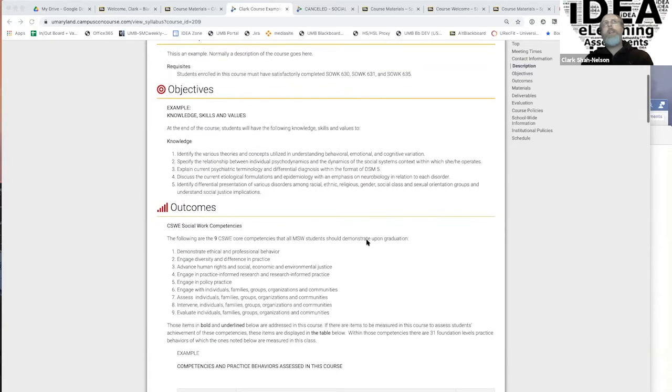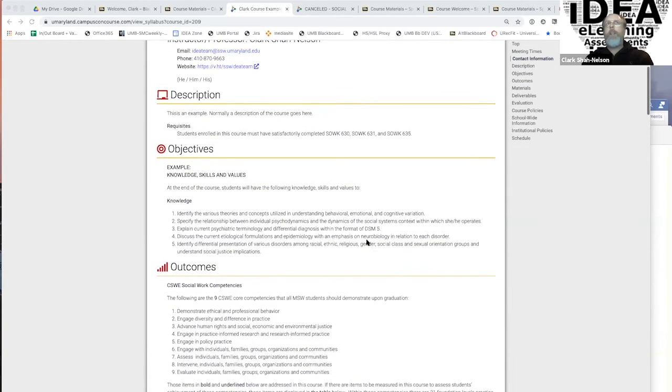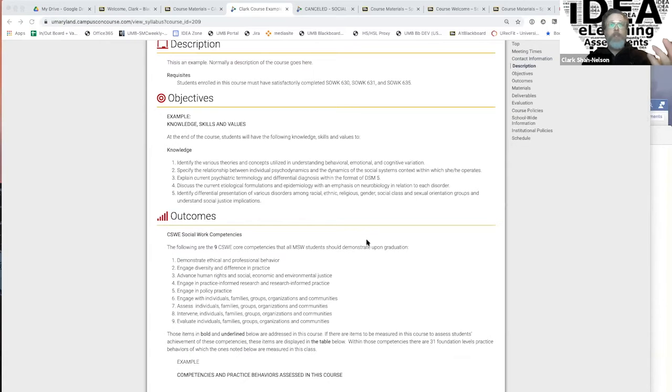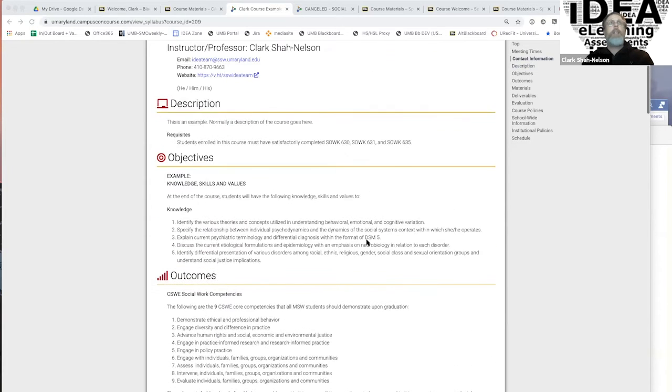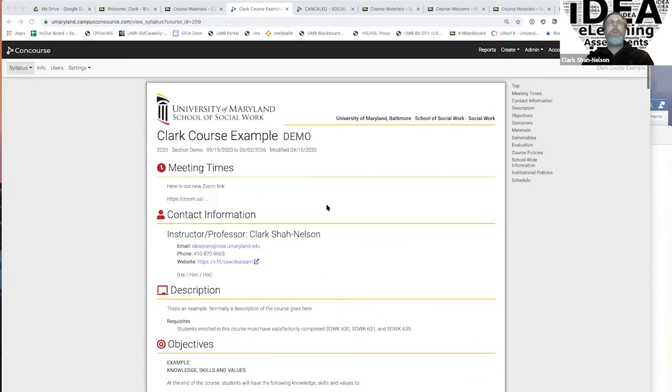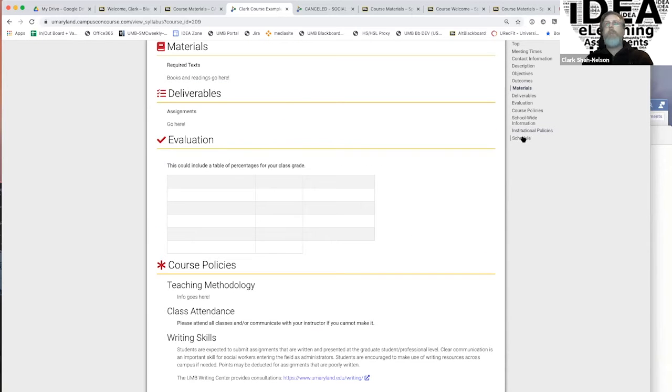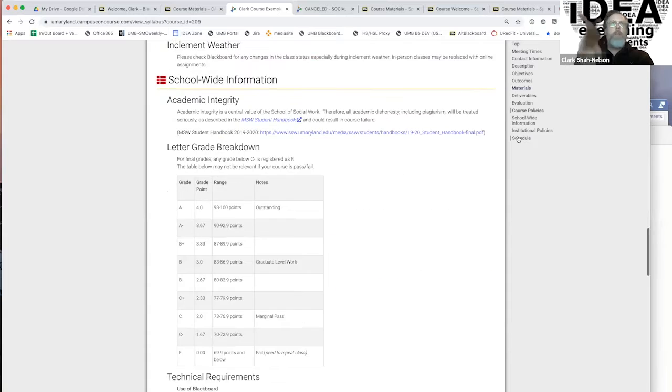So what you're seeing here is actually the Concourse syllabus in the view mode on my screen. This is what students see essentially, and also you notice that over on the right hand side, they have all of these little tabs. You can use those to just jump to a section of the syllabus really quick. So if you want to just go down to the schedule,